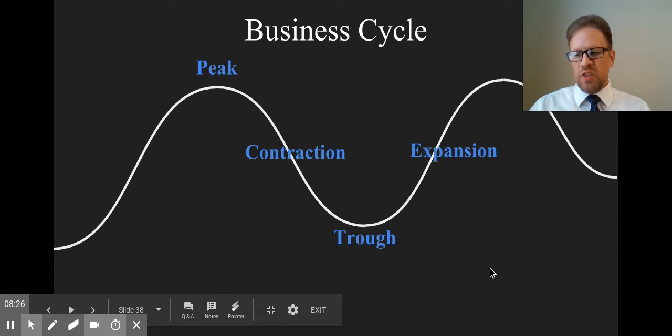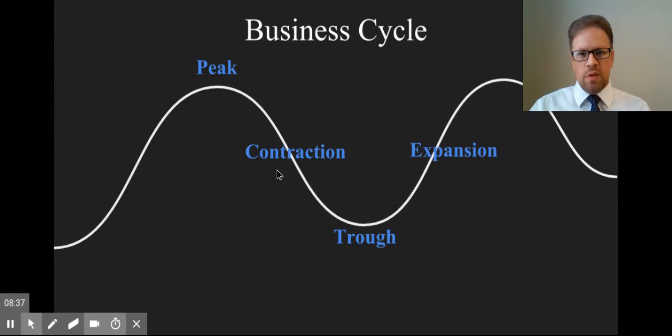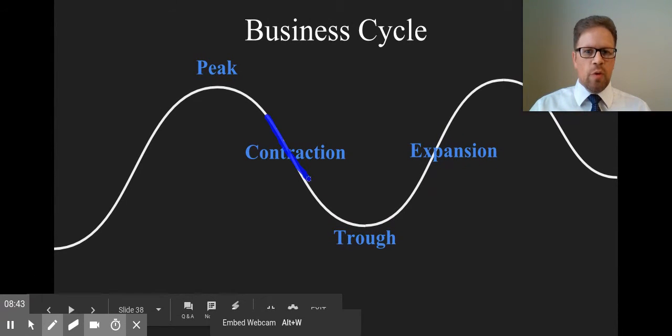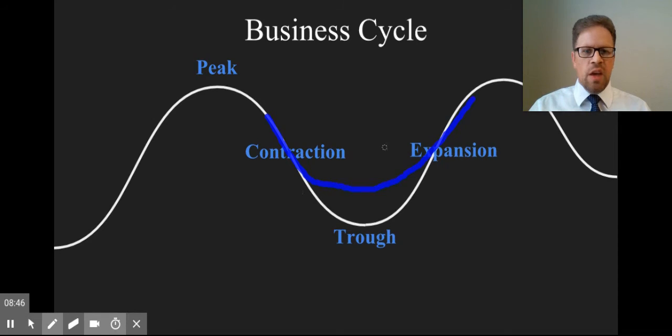Also, policies that stimulate aggregate demand, so that will be things like tax cuts and increases in government spending. This can be done when you're suffering from cyclical unemployment. So you give people money. The logic is we're going to give you some money right now so that we can jumpstart this economy and get back to expansion. That is the logic behind it.